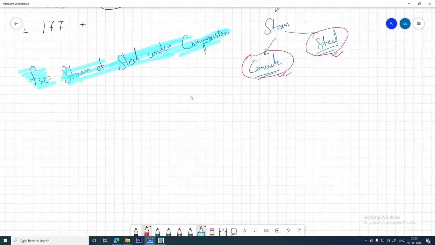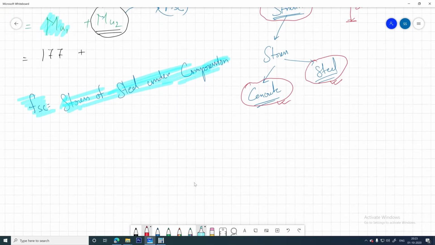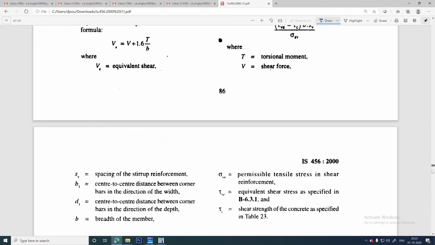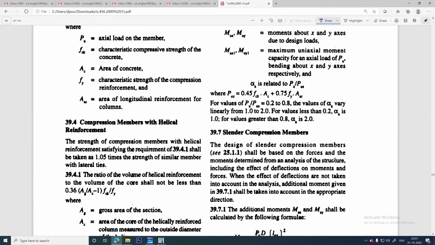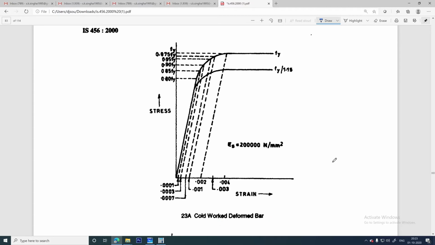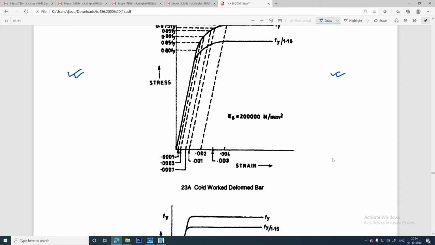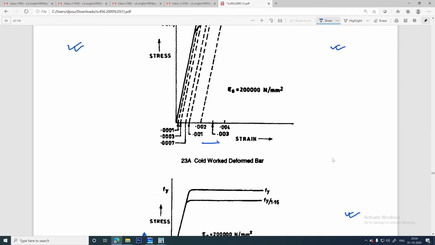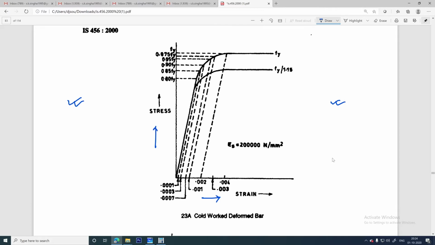Now I have told you two separate graphs. Where are those graphs? Let us show you. If you go to page number 69 or 70, near about that, yes, you can see this graph gives you the stress value for the steel. Now this is for the taut steel, and this one is for the mild steel. Look here, one side you have strain and another side you have stress. Similarly here as well. Now this is for the steel.